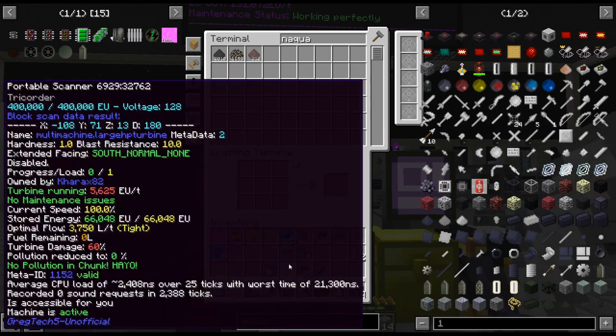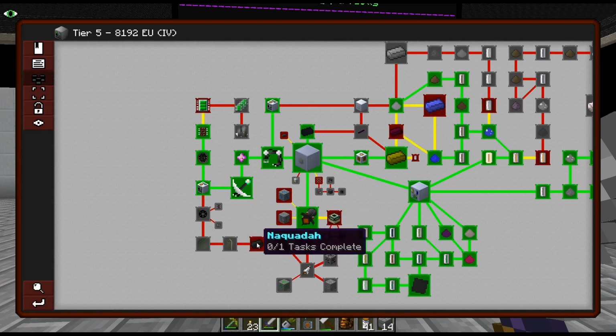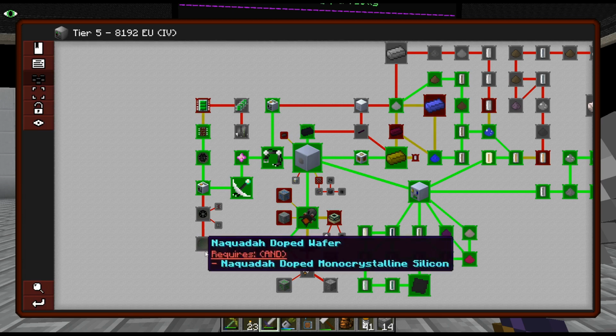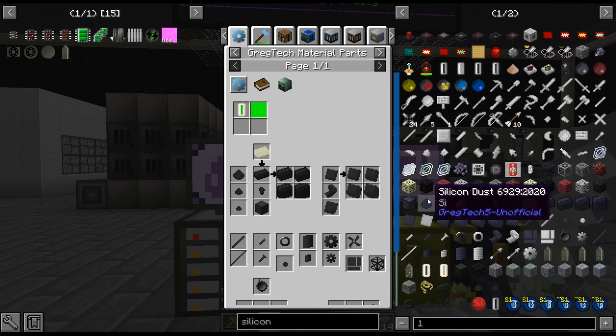So I do need 16 ingots. I don't think I'm going to do the 16 ingots. Am I going to do the 16? I mean, holy cow. This wants us to do 4 of those. Although that does give us 8, and I can just smelt that normally. Holy cow, this is like... That is no joke. I guess...